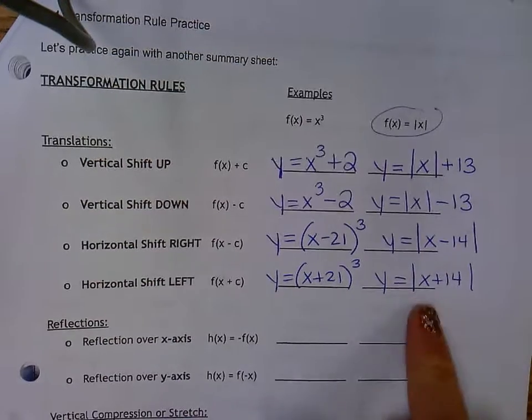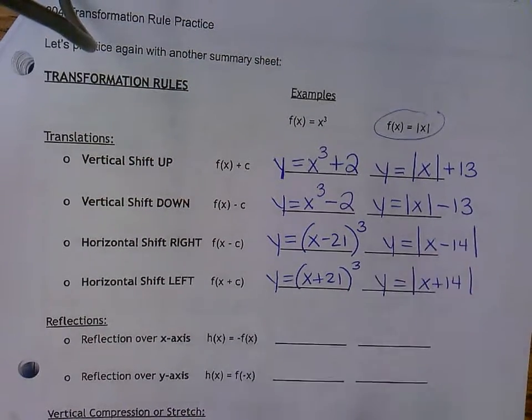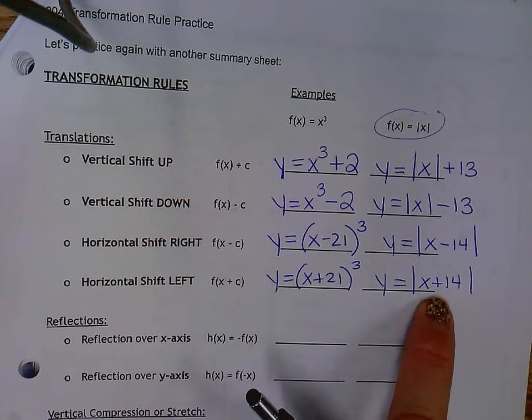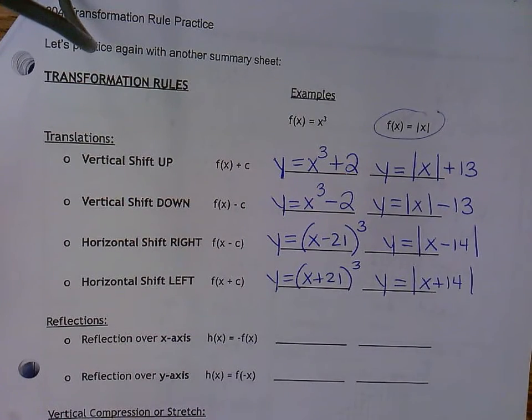So inside, remember, it's the opposite of what you think. Left is actually a plus. And we talked about why that is. We talked about how if you're actually picking the function up, right, and you're shifting it to the left, it is over here. This is the point negative 14 comma 0, because when I plug in negative 14 right there,